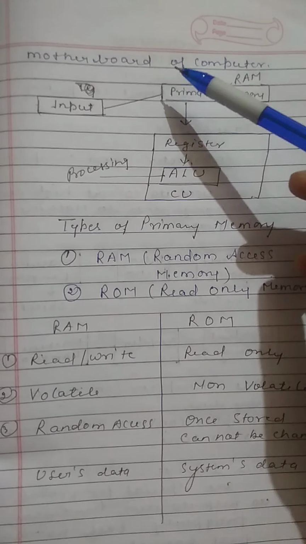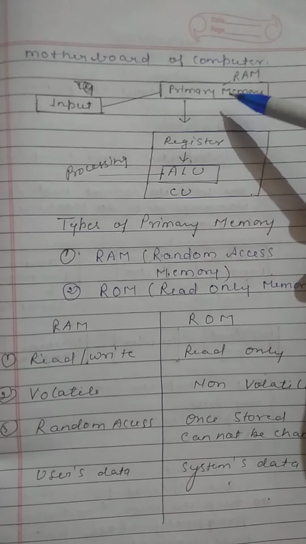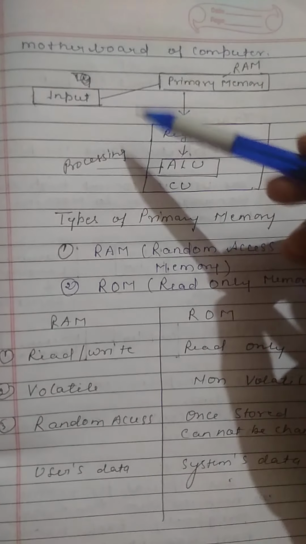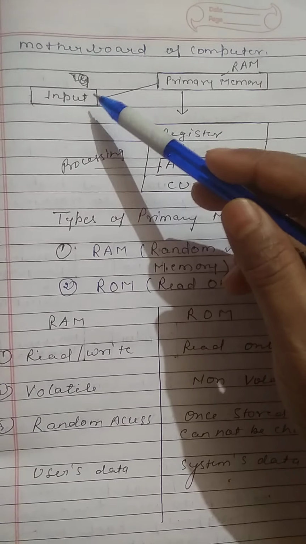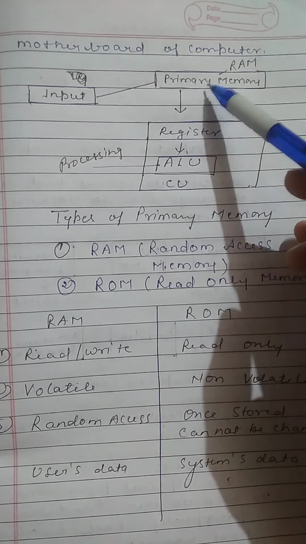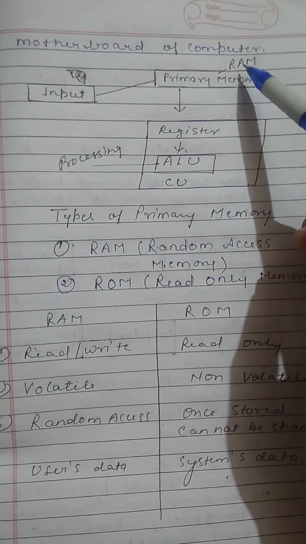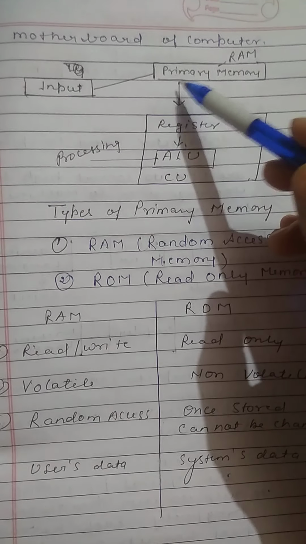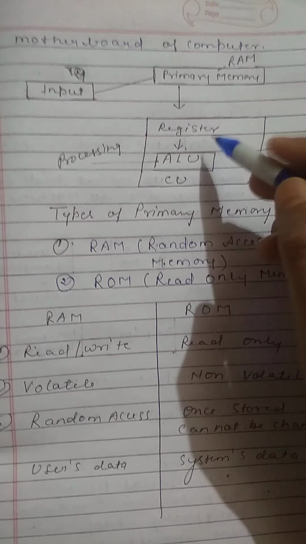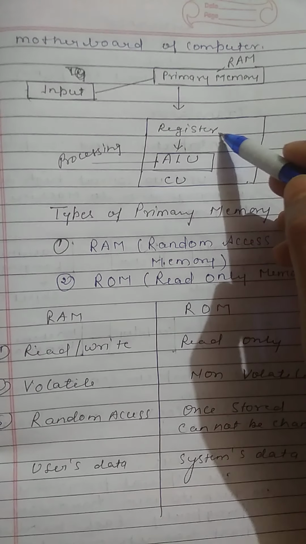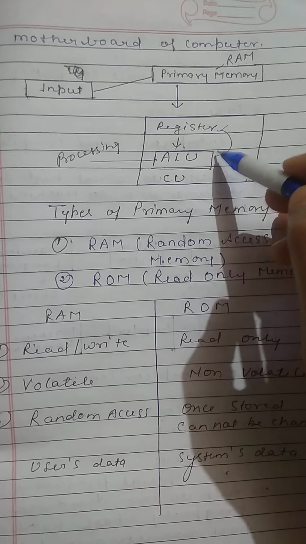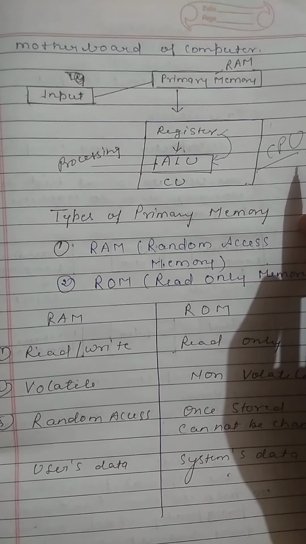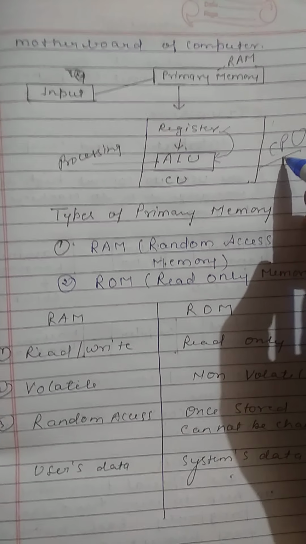Motherboard is the main circuit board where all the circuits are connected with each other, or all the wires are connected with each other. Let us understand with the figure. Firstly, we input the data. So when we input the data, firstly it goes to the primary memory, and here we are talking about a type of primary memory, RAM. After storing here, the data will go to the CPU for processing, and in the CPU firstly it goes to the register. Then after that, for processing, it goes to the ALU. So this whole structure is of the CPU. As you know, all the processing is done by the CPU.